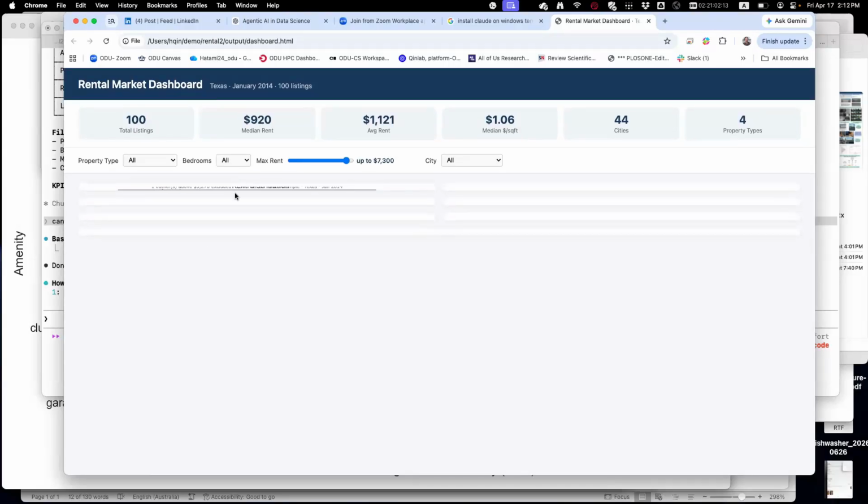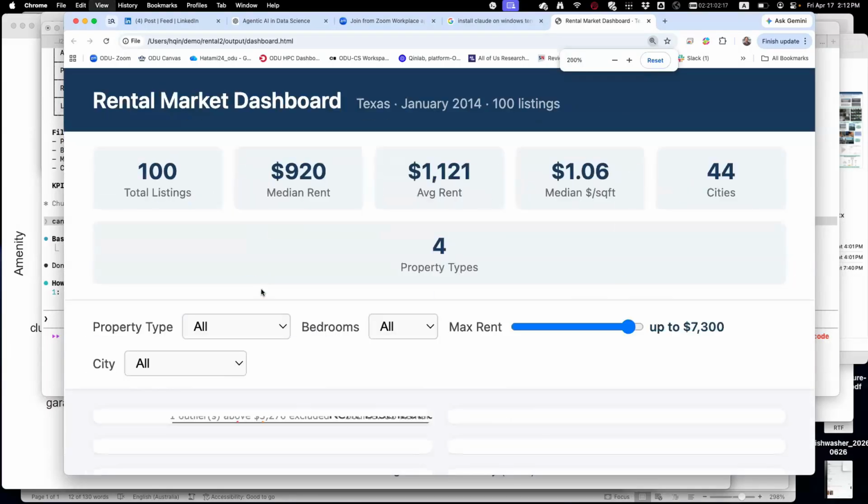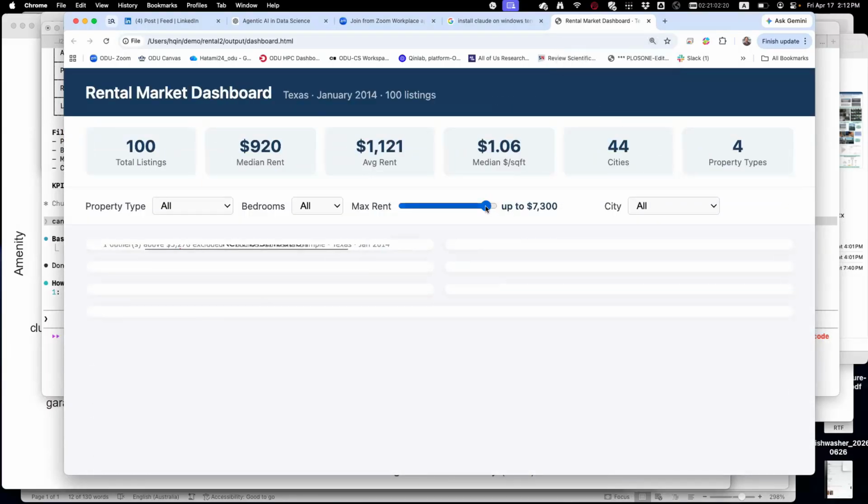But it's so small. It's not a very good dashboard, apparently. There is something there, but city, Addison. Oh, it's just one city, two property types. No, this is not a good dashboard.